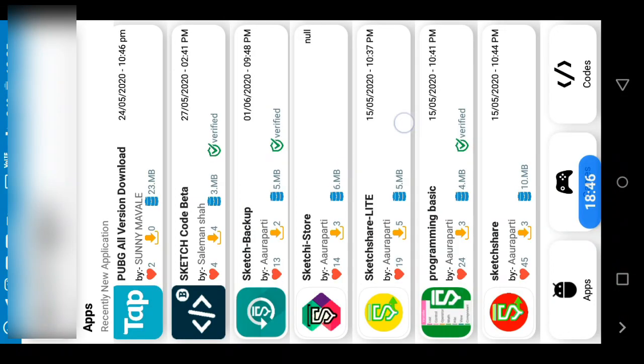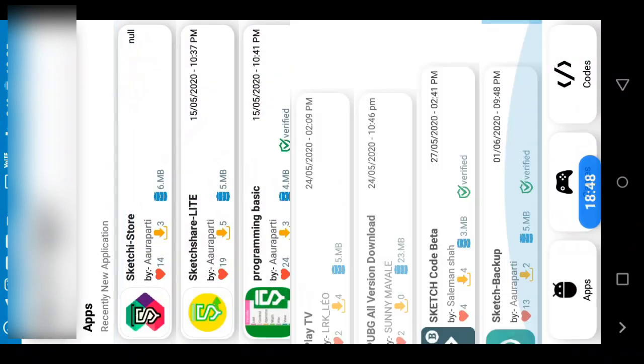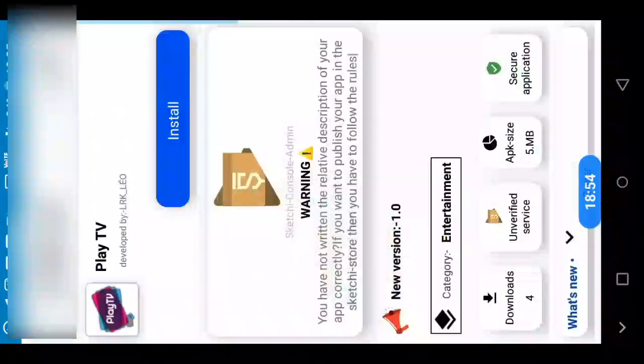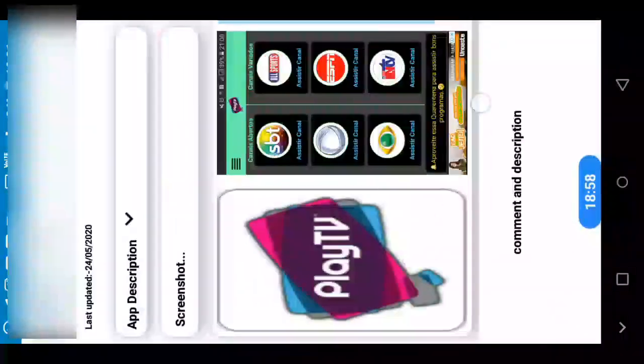It is showing bad network connection. Sorry, now it's on. You can see no ads are loading. No matter what I do, the ads will not load at all.